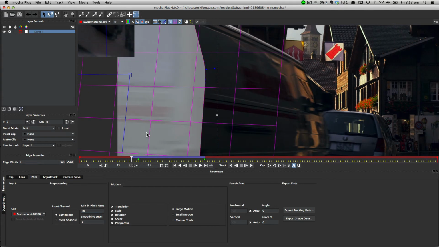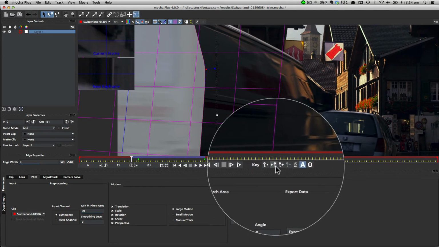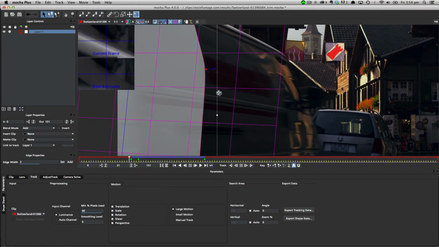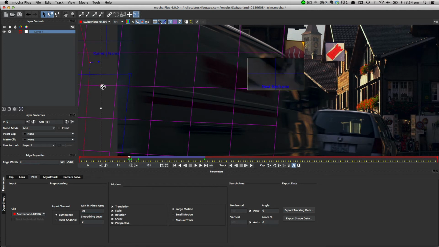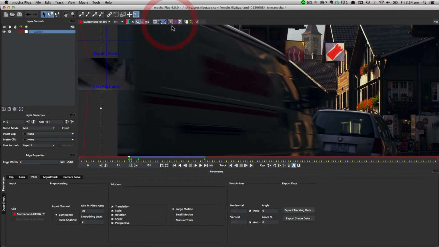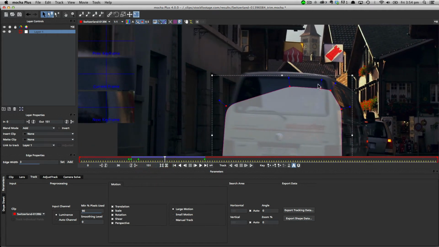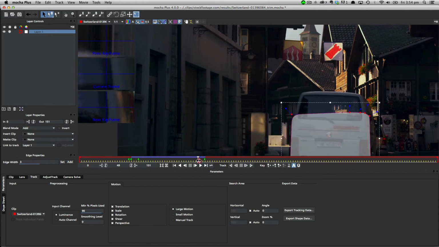So we'll just undo that last track, and I'm just going to set a keyframe on all these splines, and then on the next frame I'm just going to move my splines completely off the edge of our viewer. So I'm just going to turn off those spline and grid for a second, and we'll just have a look at how that looks. So you can see there, even though the spline is now animating, because I've done 2